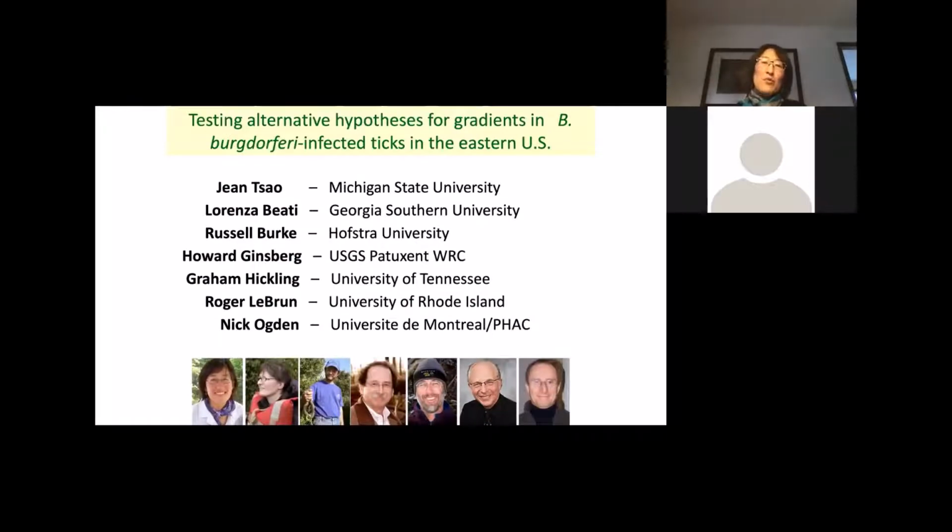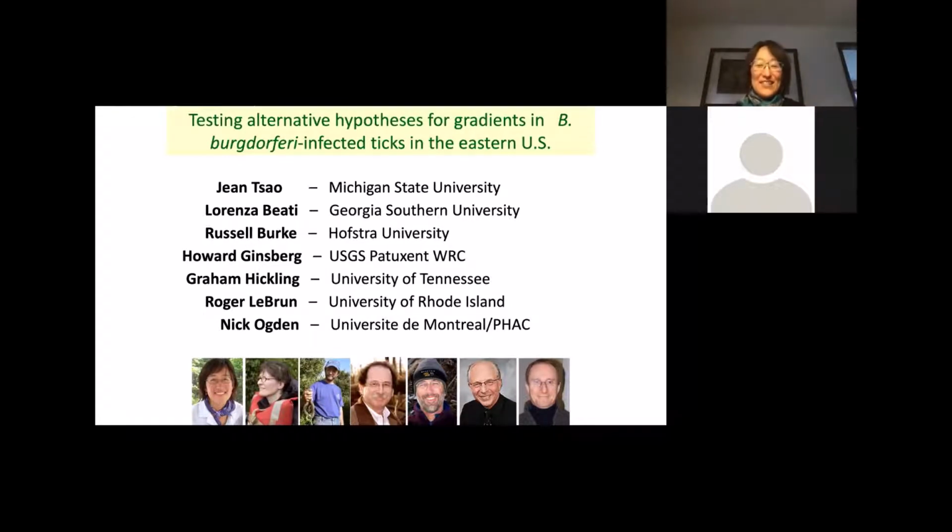Okay, I want to also acknowledge that a lot of my understanding about especially Ixodes scapularis, but about ticks, has really come from working with these folks, where we had a project for about 5-6 years looking at the variation in the ecology of the black-legged tick from the north to the south. And in part it was to help us really learn more about the ecology of the tick in the south. But in doing so, we learned also that it's not just a north-south thing, but an east-west thing, that